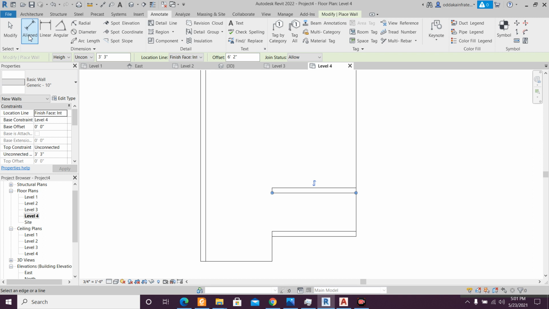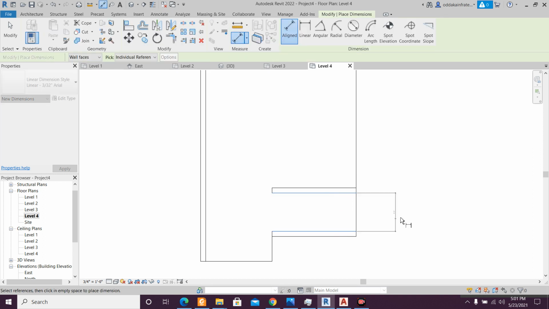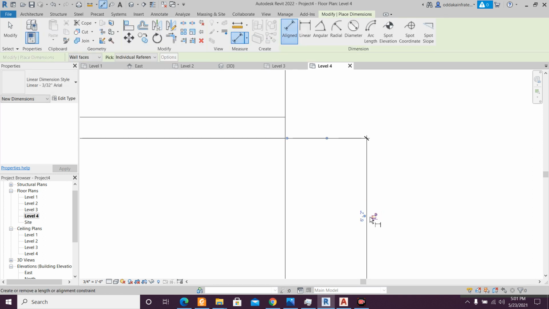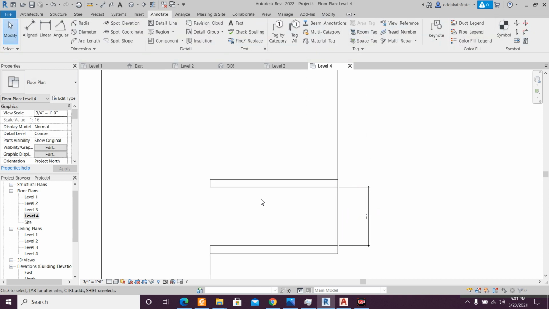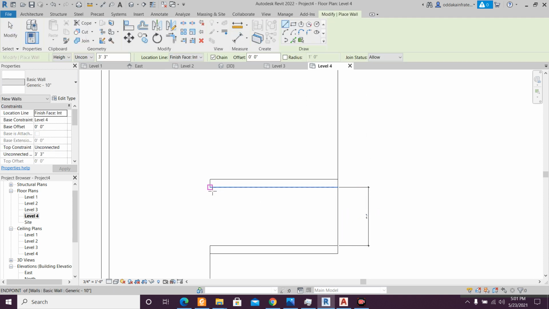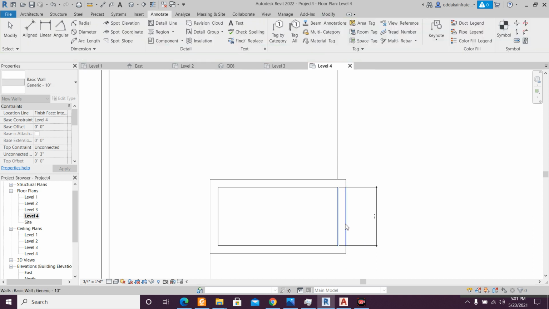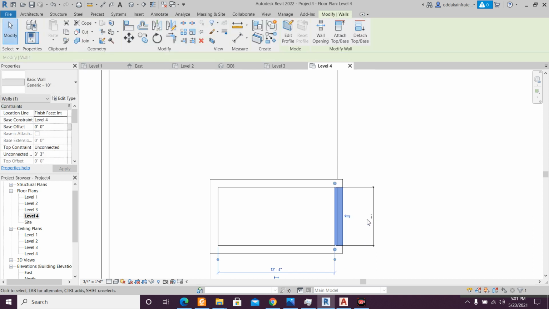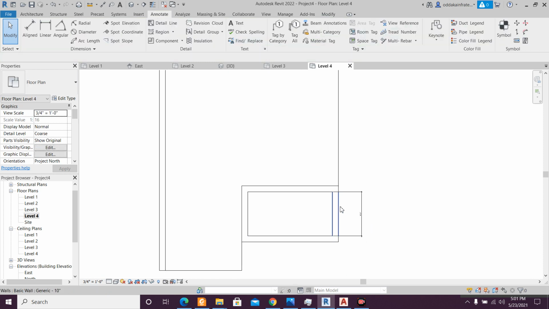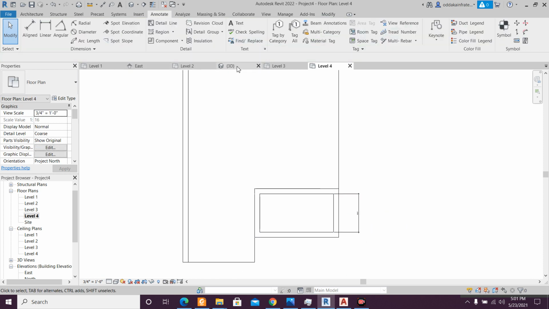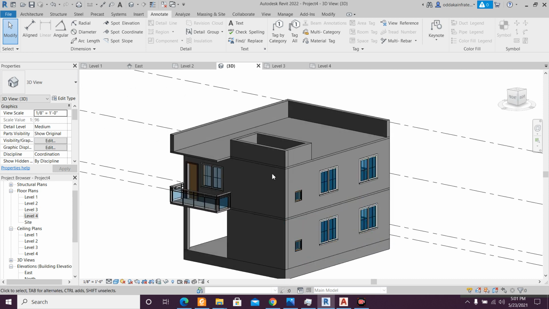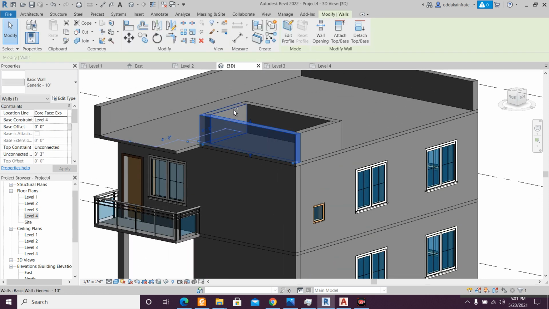Go to annotate, aligned. 6 feet 2 inch it is. Now the 10-inch wall, just join this wall like this and join this wall like this. I'm going to select, click on escape and select this like this. See it in the 3D view. So okay, these walls, I have selected these walls, base constraint level 4,